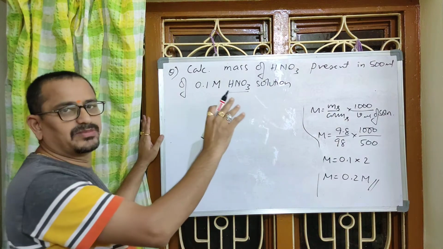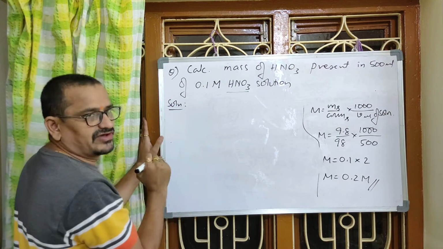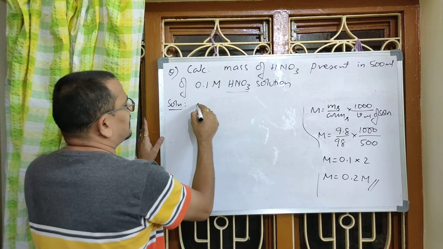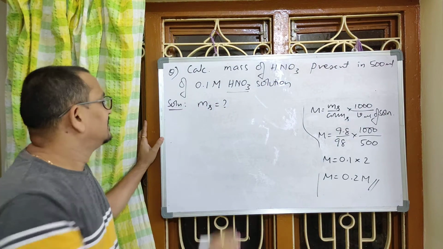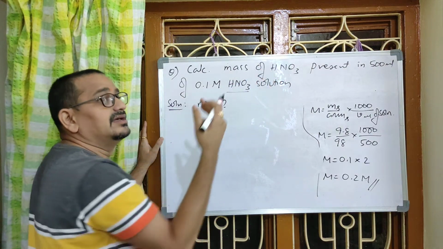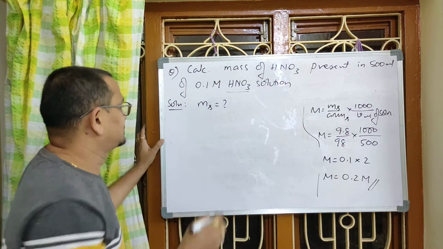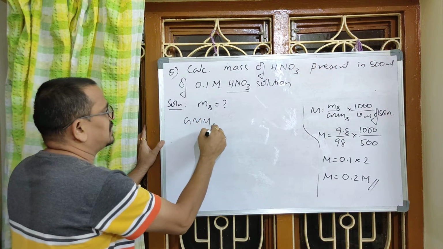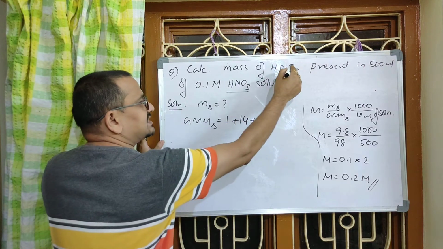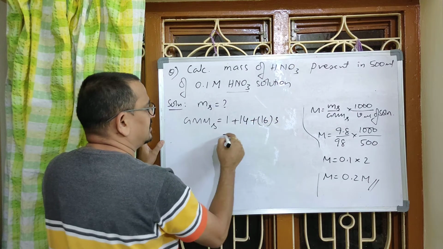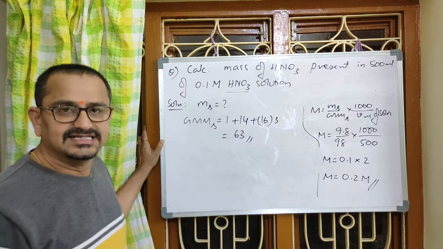First, you read the question properly for 1 or 2 times. Observe the values given and values asked to find out. Calculate the mass of solute, question mark. When solute is specified here, it means we can determine its gram molecular mass. What is gram molecular mass of solute? It is 1 hydrogen is 1 plus nitrogen is 14 plus each oxygen is 16, 16 into 3. After adding this, we will get 63. Gram molecular mass of nitric acid is 63.